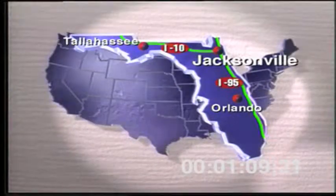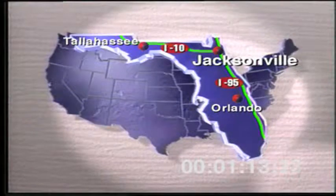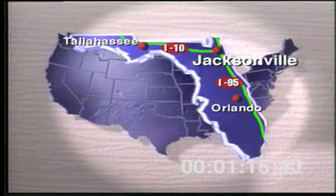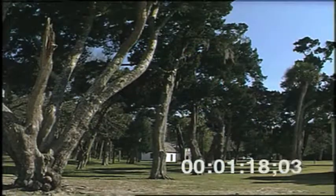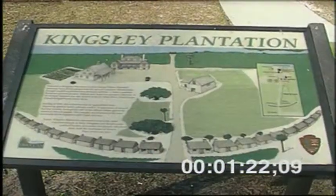Located in the northeast corner of the state, Jacksonville sits right at the crossroads of the I-95 and the I-10, 140 miles north of Orlando. The plantation site seems to stand frozen in time, preserving a piece of Floridian history and the story of those